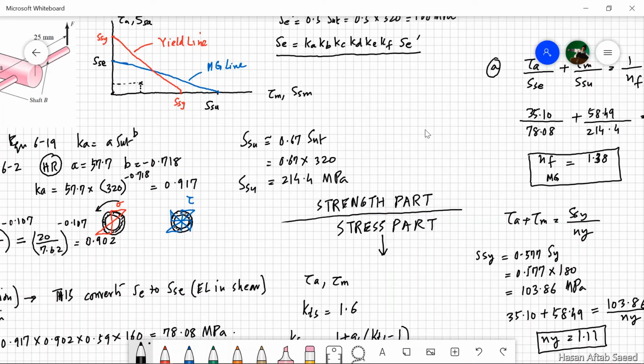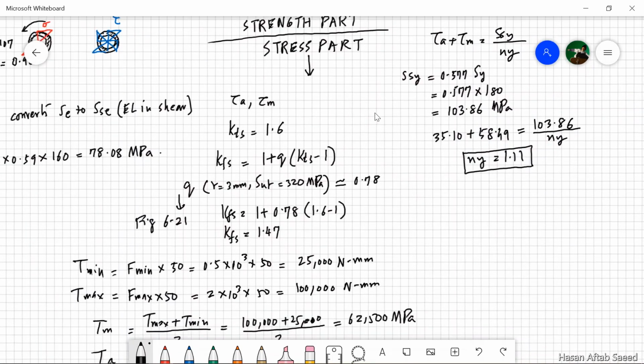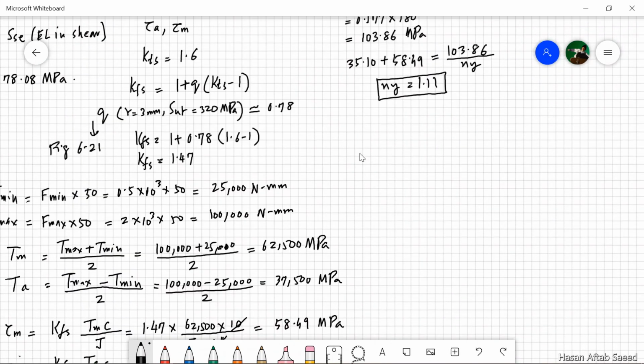What is happening is, if you extend, although this point plots here, but if you were to extend it, first it will cross the yield line, then it will cross the modified Goodman. Now if we come to part B, we are going to do the same thing, but this time we are going to use the